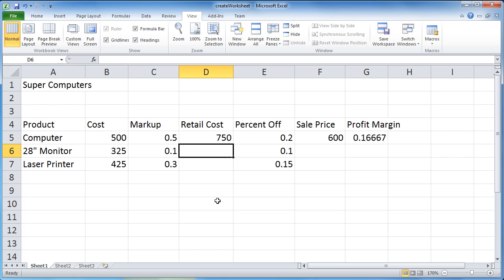Now, to fill in the rest of the worksheet, I just want to copy those formulas down so that Excel can automatically compute the same calculations for me so I can save a little bit of time. So I'm going to highlight the area with the formula that I want to copy through.